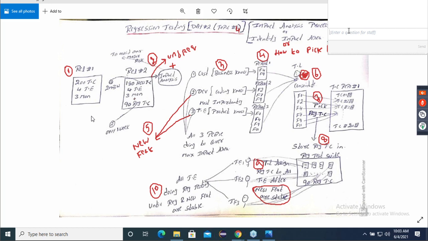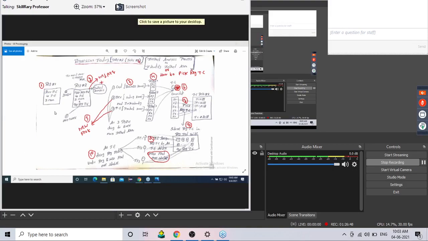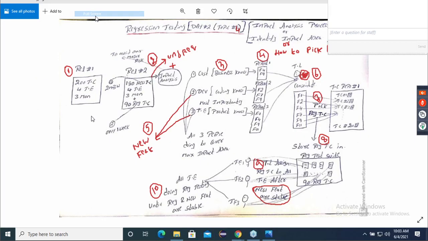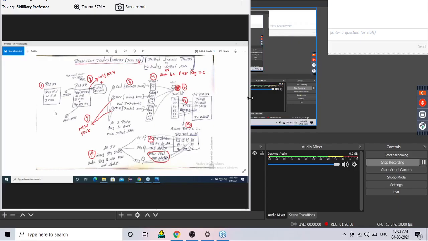Okay, now listen carefully. That whole page you leave for this diagram. You take a photo of this. One whole page you leave for this diagram. The diagram is very, very important, I'm telling you. And once I start physically, if you don't have the notes, I will not allow you into my classes. That's for sure.